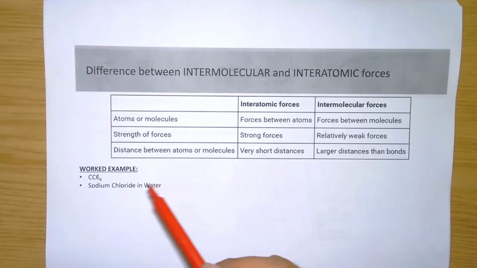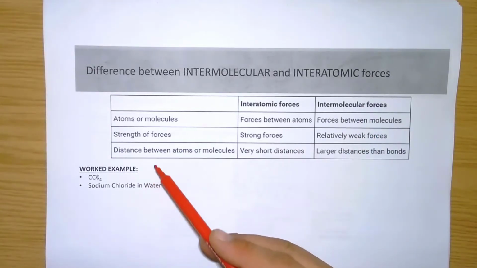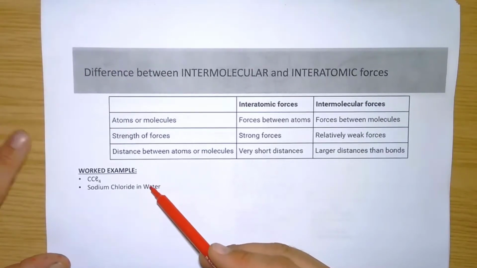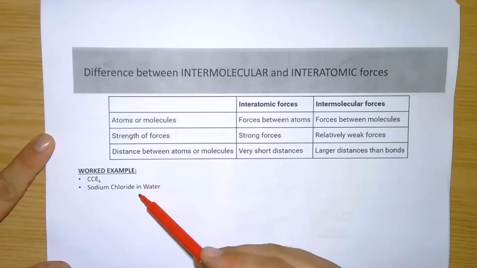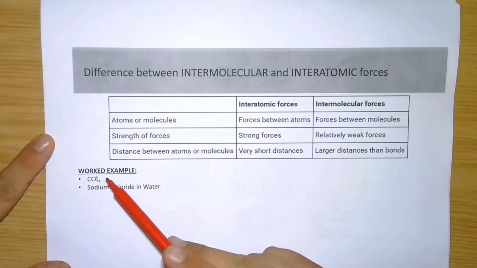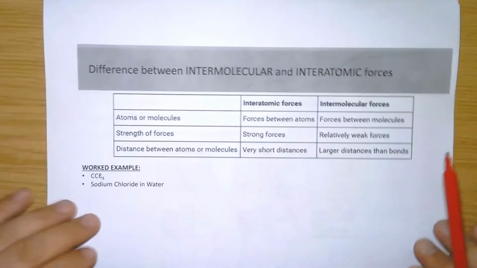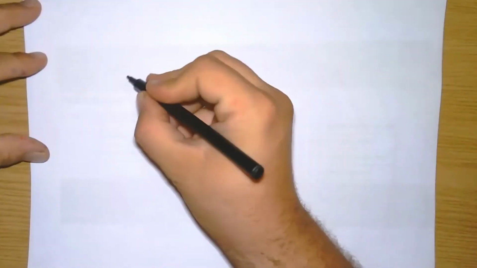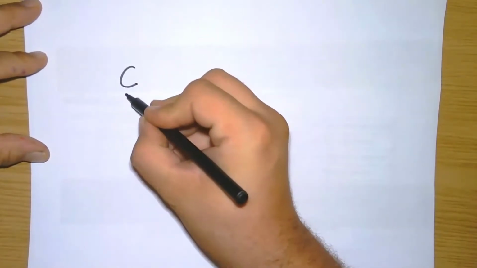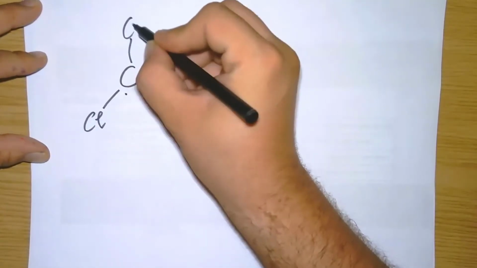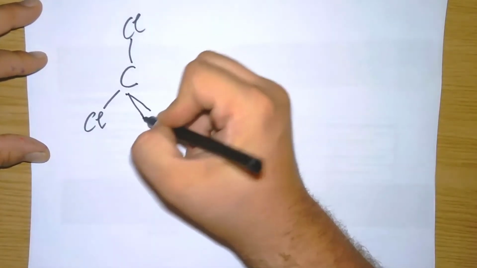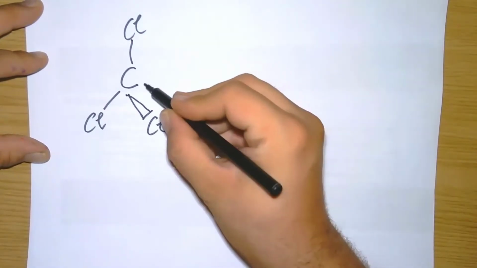So, before we move on then, we're going to take a look at the following example, where they want us to tell them what type of intermolecular force would hold these together. Okay, so the first one, they say, what if we have a glass full of carbon tetrachloride? Okay, so we go and we take a look at the carbon tetrachloride molecule. So it's a carbon atom that's bonded to four chlorides,